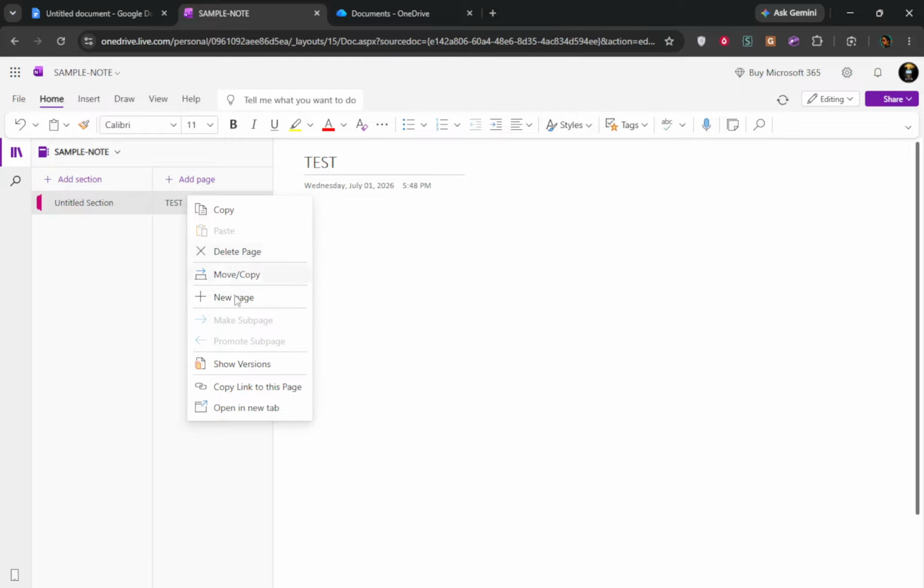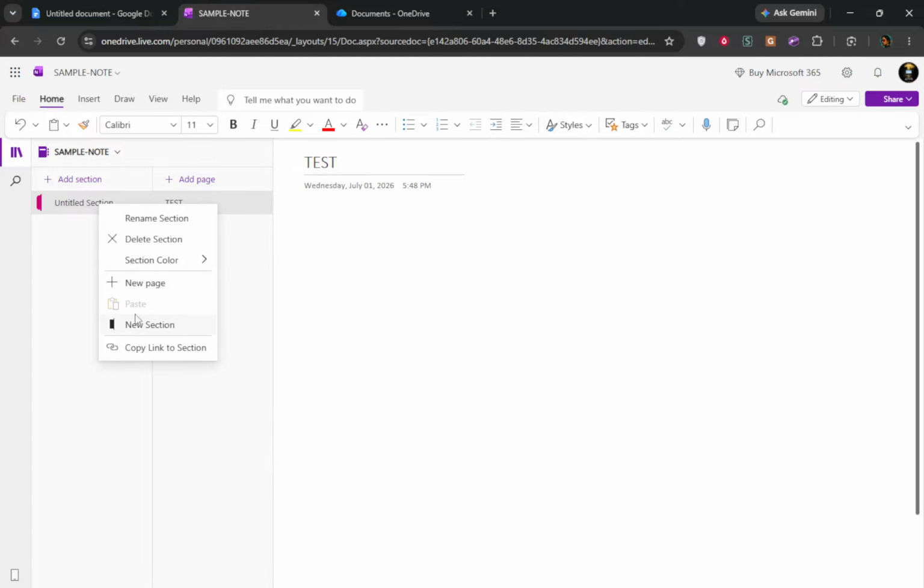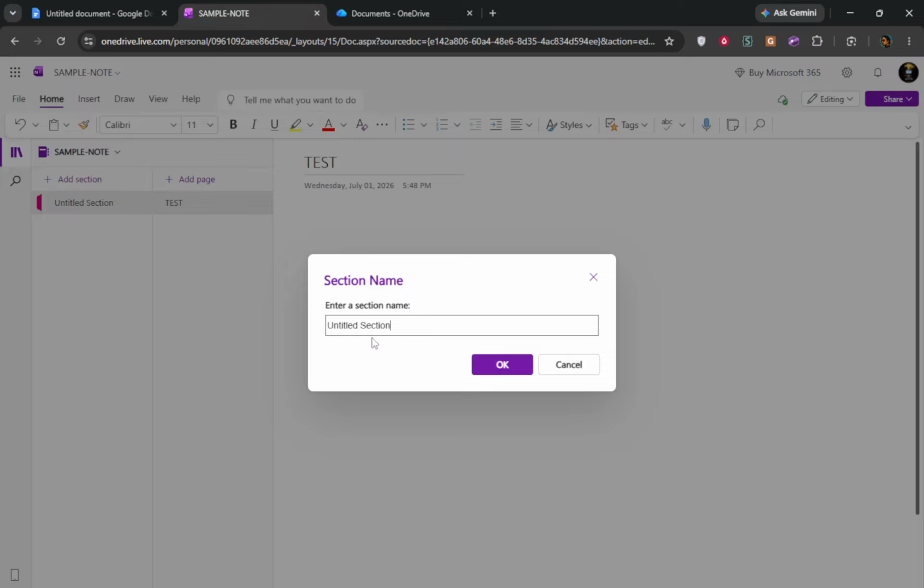Lastly, if you only want a different name displayed on one computer, some desktop versions of OneNote let you change the display name in the notebook's properties. However, remember this does not change the actual notebook name stored in OneDrive. Keeping these details in mind will help ensure a smooth experience with OneNote.